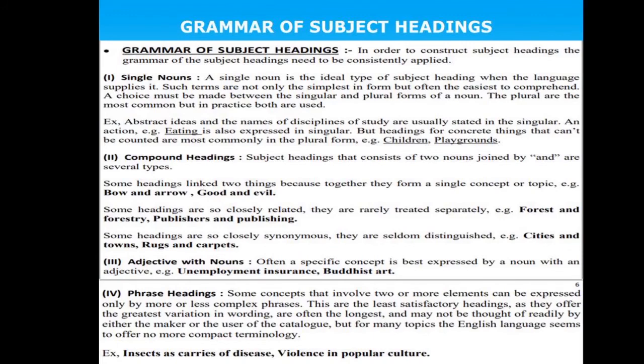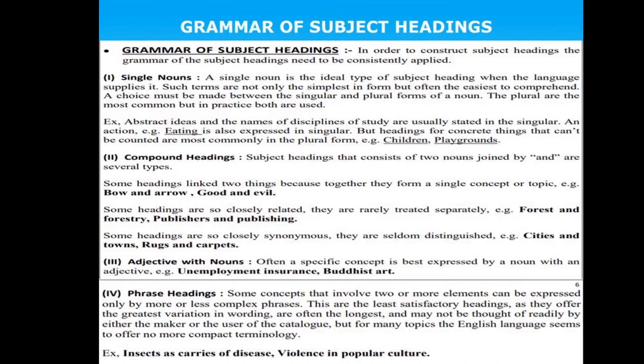You see, when you refer to this concept with insects as a heading or disease as a heading, what will happen? Insects, you are talking in a broader sense. Insects means there are lots of varieties of insects, right? And diseases, there are lots of diseases, communicable, non-communicable. There are different kinds of diseases, right? So it's a broader concept.